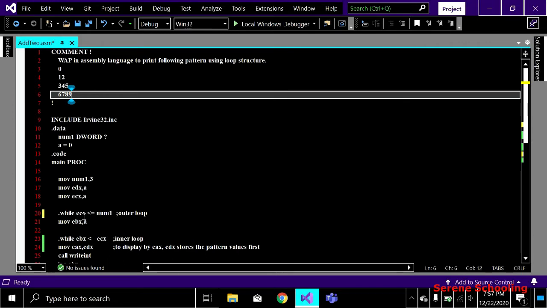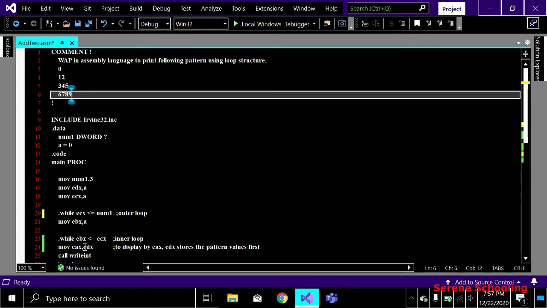So we are moving 0 into EBX. Now this is where we are starting our loop for EBX, for the columns. This is my column loop or inner loop. So I'm saying, is 0 less than or equal to 0? ECX is also 0, row is 0, column is 0.